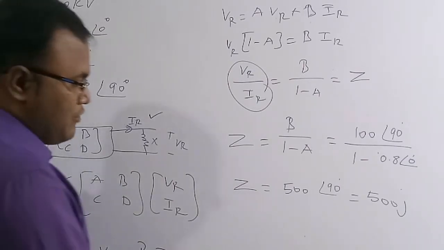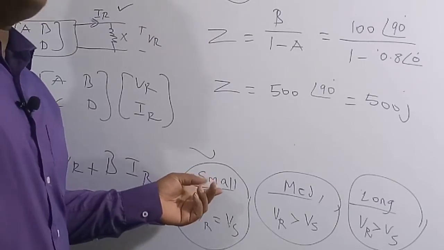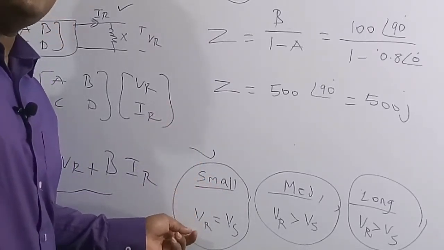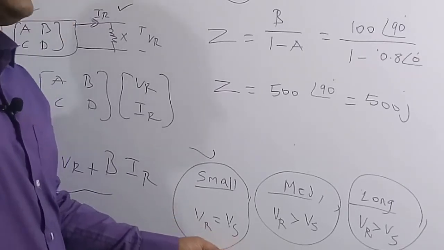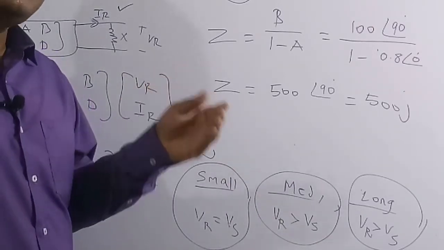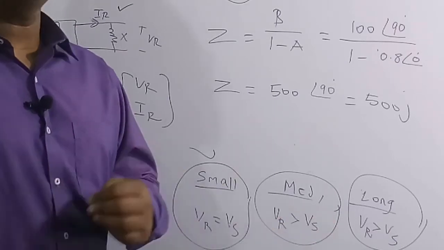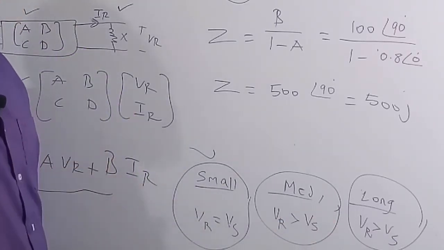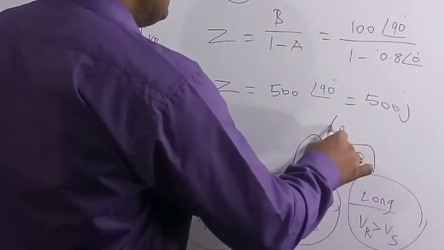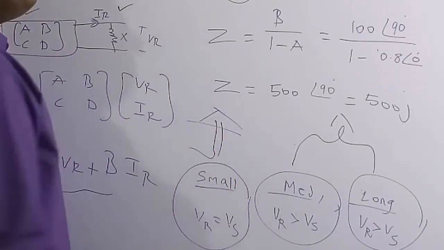I have already told you, for the small transmission line there will be no capacitance effect, so there is no charging capacitance. Because of that, at no load the receiving end voltage is always equal to the supply voltage. But in medium and long transmission lines there will be a charging capacitance effect. Because of this charging capacitance, the receiving end voltage will always be greater than the supply voltage at no load condition. This is a very important question always asked in PSU examinations. So for the medium and long transmission lines the Ferranti effect occurs, but not for the small transmission line. This is a very important point.